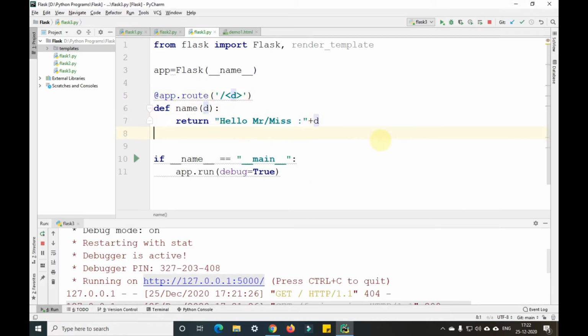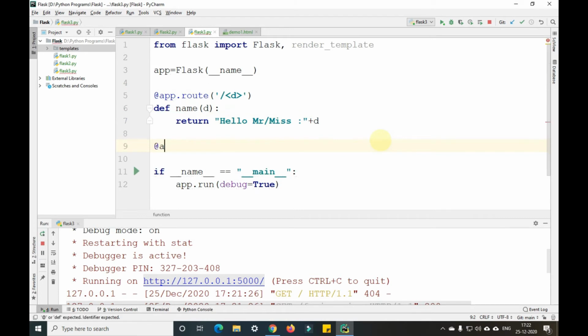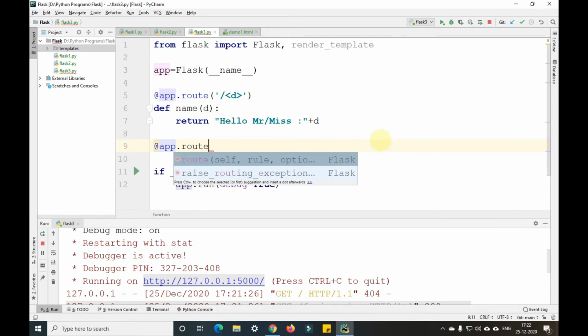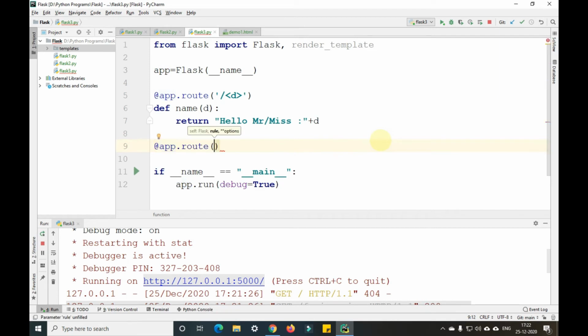Now I'll create another URL for that, app.route. We'll open a HTML file here. So let me open single quotes /open/. Similarly, as we have given D in the above program, I'll give D here as well.